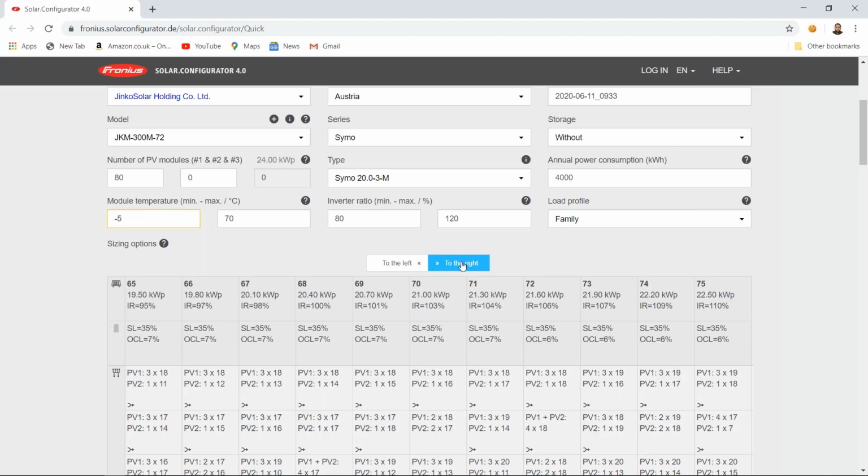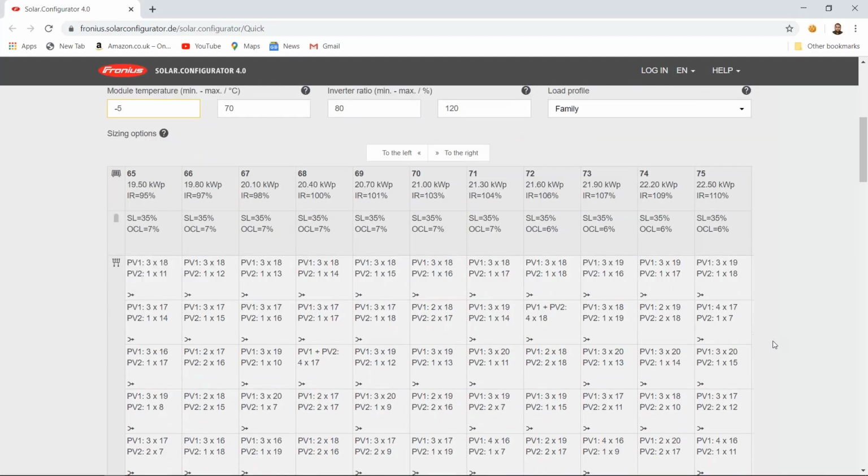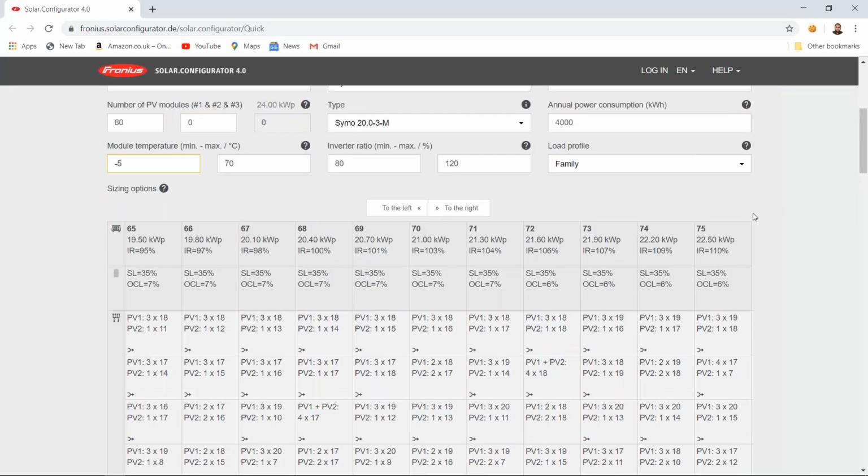So let's say we go for 110%, or we can actually stretch it to the maximum. Or okay, let's leave it at 110%. So like I said, feel free. You're free to use whatever configuration that suits you. So if we're going to use an inverter ratio of 110%, what this basically means is that, as